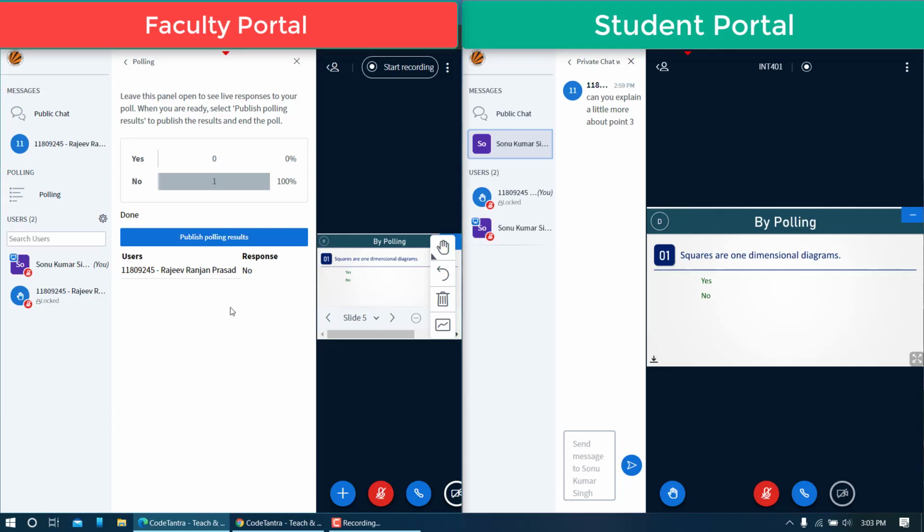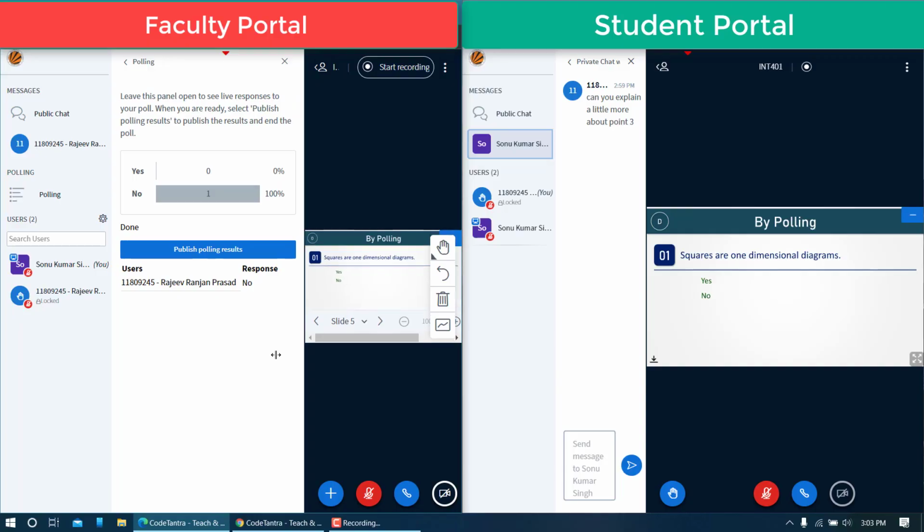So maybe if a student is not responding to a particular poll, teacher will ask him or her to answer the query by naming that particular student. So that is another way of poll interaction. In this case, your role is only to give the answer, and that's a very passive kind of interaction in this case, but still that is one form of interaction.